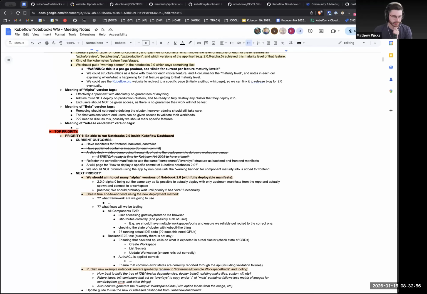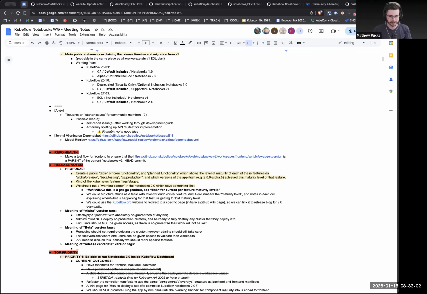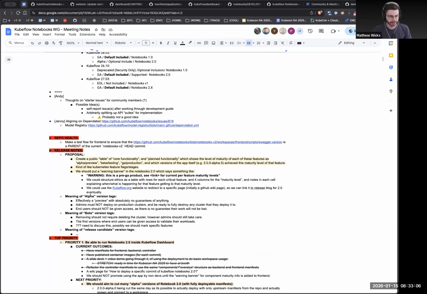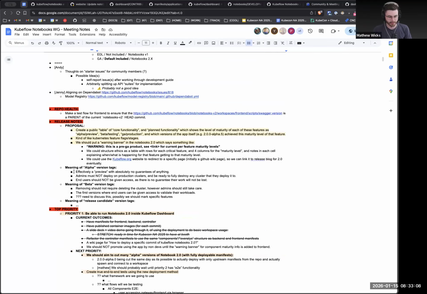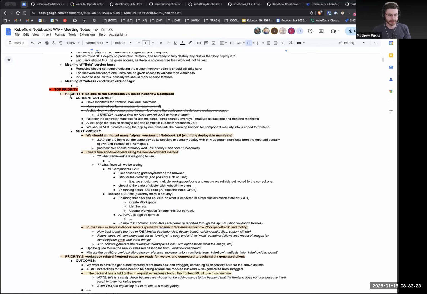Okay. So the primary goal again is to get a release that is alpha, and we can define what that means down here later, for the 2603 release of Kubeflow. Obviously there's no guarantees about anything, but it will mean that hopefully people can use the tool and experience the ideas that we're showing off, even if they can't use it in production. So the first thing to get there is being able to deploy it. So we're mostly there.